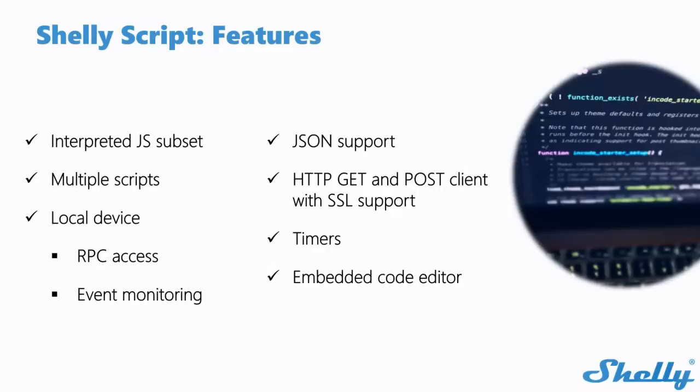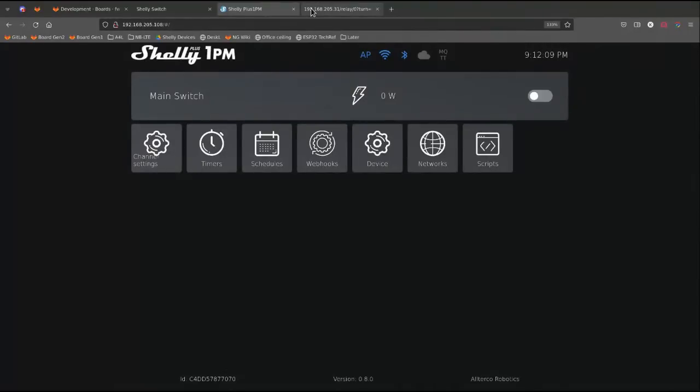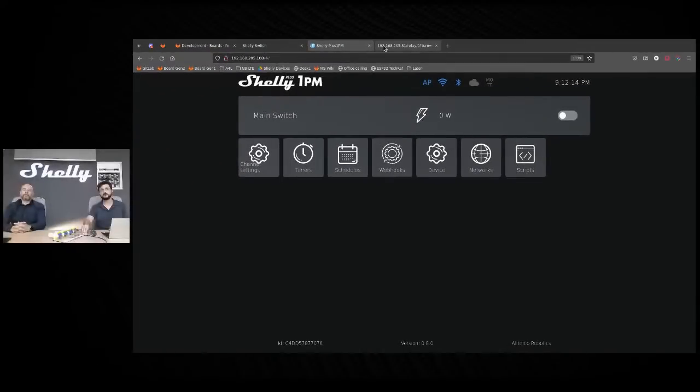The language has built-in JSON support. We support an HTTP client which can do GET and POST verbs. Notably, it has SSL support. And just a few small facilities inside the interpreter to make life easier for the developer. I have a short demo now. First of all, can we briefly switch back to the video stream? I want to show the setup that we'll be using for the demo. So I have...